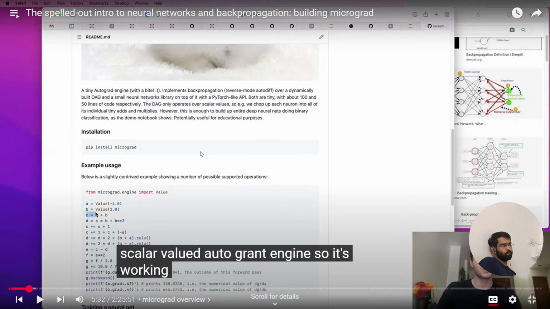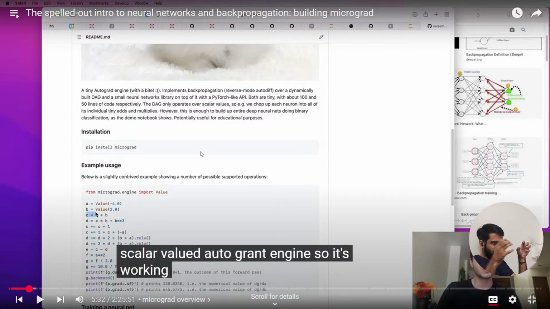So backpropagation here, it is not directly correlated to neural nets. Backpropagation is an independent term, and it has already been there in the field of mathematics. What he's telling here is that